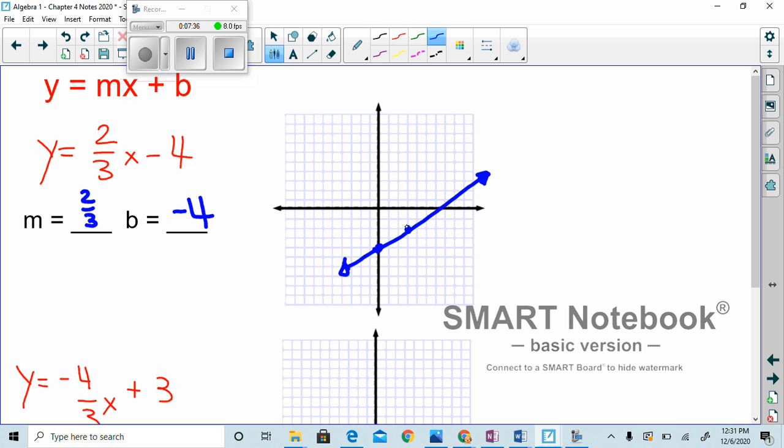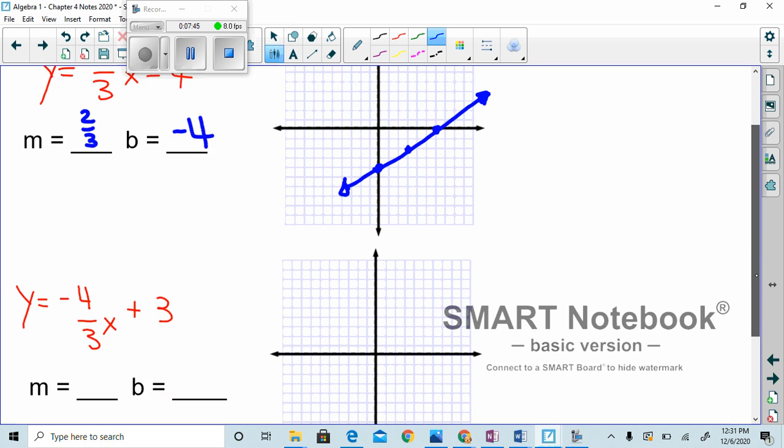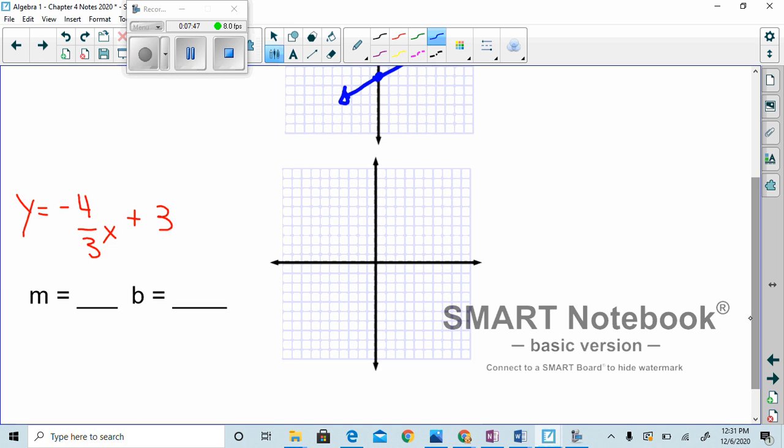Slope is constant. I could have again gone up 2 and over 1, 2, 3. You would see that point right there. That's not necessary, but I do like to do it from time to time. Try the next one on your own and just do a rough sketch. If you happen to have graph paper, use it for precision. But right now, for the sake of just practice, we identify our slope